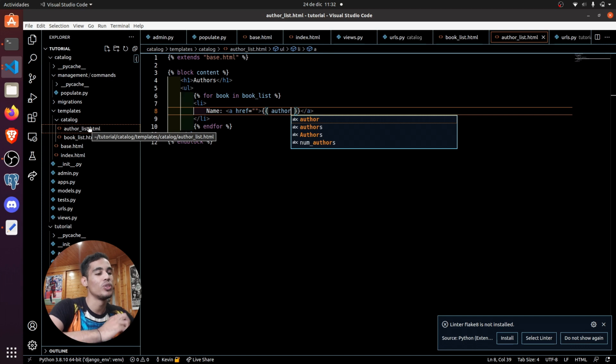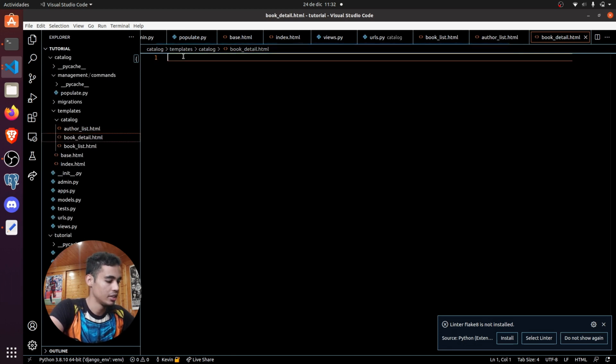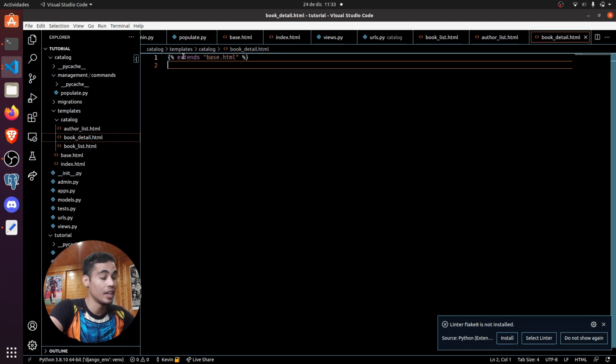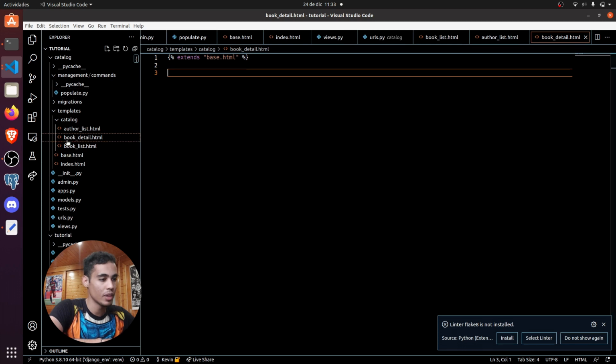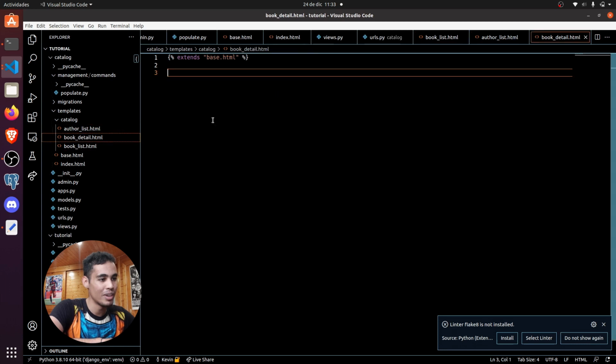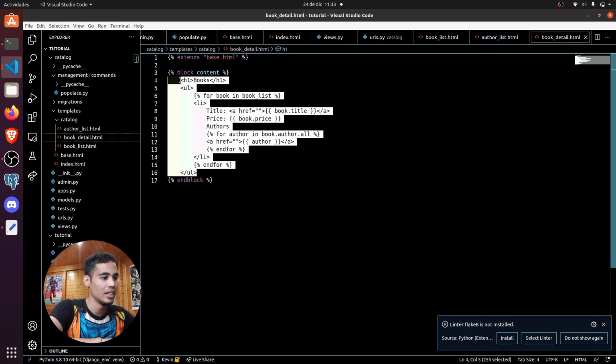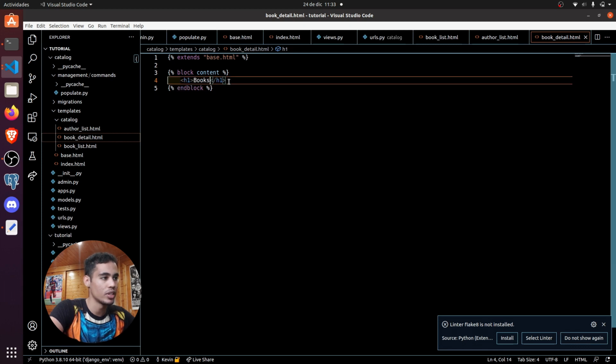And now let's go to the book detail page. So if we put here book detail.html, the thing that we need to do is to put here extends base HTML, and now we are going to again define the block content. Let's just copy all this because that part is the same, but now we are going to remove this, well, until here. And now let's say, hey, this is the book,